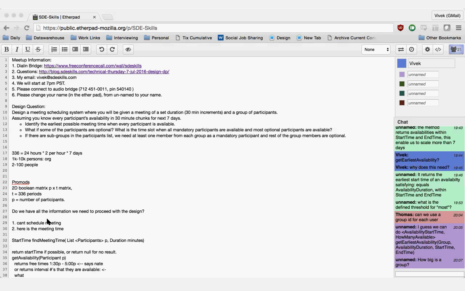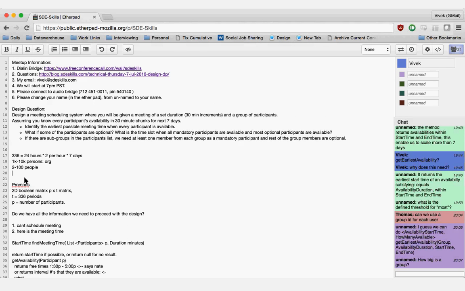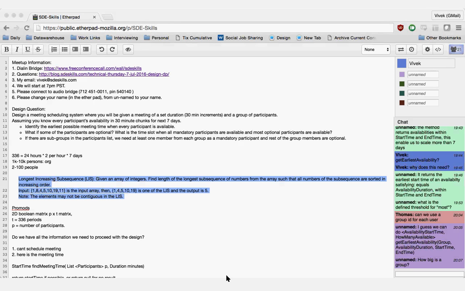Is there anyone who does not know the solution like the back of your head? Is there anyone who vaguely knows, has thought about it before? I'm just curious to get input from someone who's not done a similar question before. I've done a similar question, but I can't recall it. It's not at the top of my head. Awesome. Is there anybody else? Just to make sure we get a little bit more participation. I thought I heard a couple of other folks as well, right? Was it Ramya, Jyoti, any one of you?